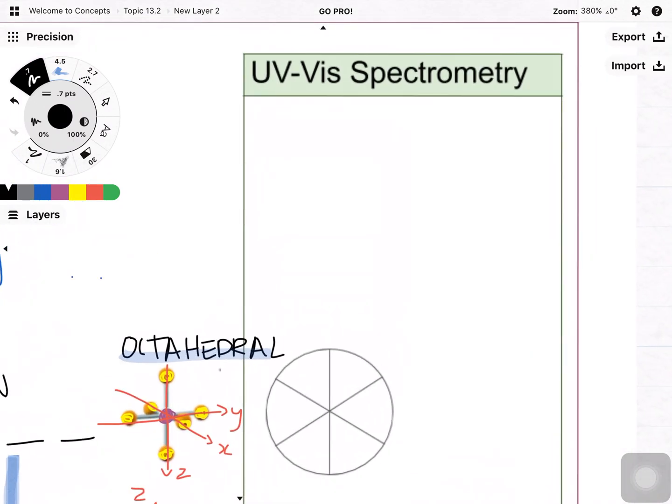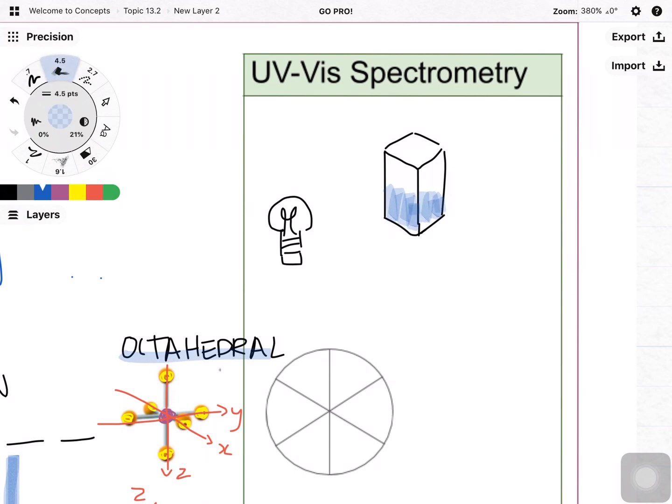And the way that it works is that we start out with a light bulb that emits all the colors in the spectrum. So we have a light bulb here. It emits all the colors of the spectrum, and those colors pass through a transparent container known as a cuvette that contains whatever sample we're interested in analyzing. After it passes through that cuvette, we basically have a screen that can observe, so I'm going to draw an eye, that can observe specifically what colors are